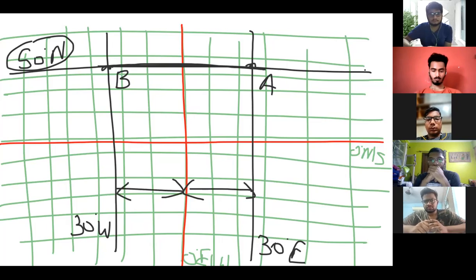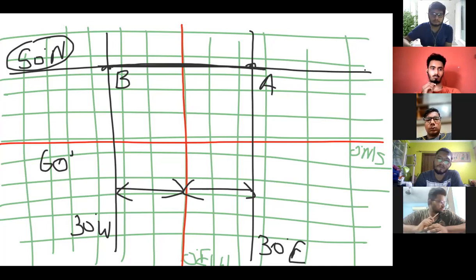Correct. Now 60 degrees. We saw one thing yesterday: if you have a particular longitude, maybe 1 degree is equal to 60 nautical miles. Correct. So we were doing 360 into 60 to get the full nautical miles. So now in this, if the change is 60 degrees and you want the answer in nautical miles, you'll multiply that by 60. That's a simple way to get the answer in nautical miles.